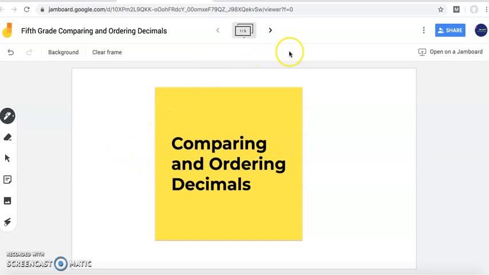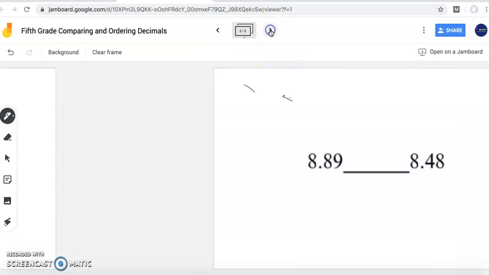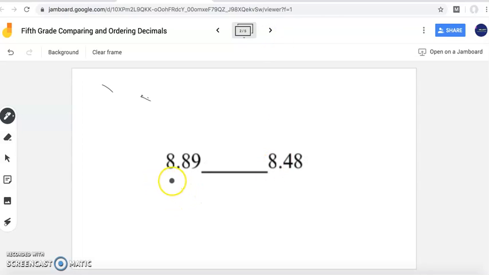Hello, today we're going to learn about comparing and ordering decimals. In the first problem we have here, we have 8 and 89 hundredths, and we also have 8 and 48 hundredths. Your goal is to compare these two numbers using the greater than, the less than, or the equal to